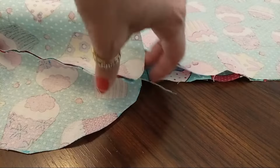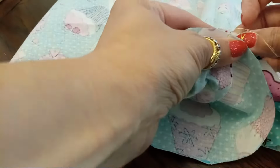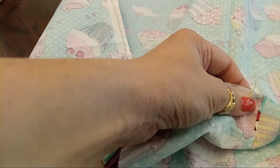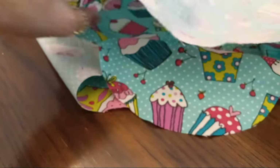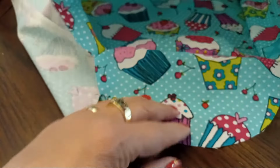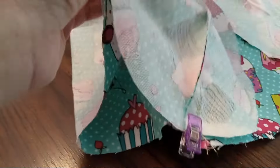Then you find the other middle, and then you pin it there as well. Since our bag is a little wider than the bottom, this helps it not make a perfect tube. If your bag is a tube, then definitely a tube will help, but since our bag is not really a tube, we'll find again the middle. My middle is here and my middle of my bottom is here, so I'll put another pin and we'll do the same thing on the other side,